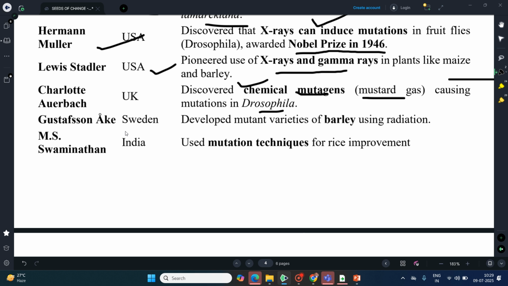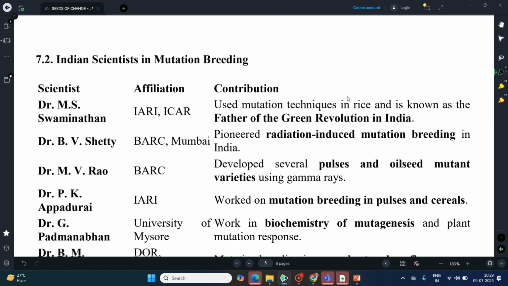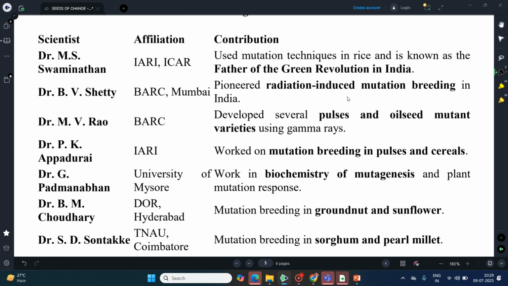Gustafsson from Sweden developed mutant varieties in barley. Dr. M. S. Swaminathan in India used mutation techniques in rice improvement. The Indian scientists are many. I will read out the names: Dr. M. S. Swaminathan, Shetty from BARC, M.V. Rao from BARC,